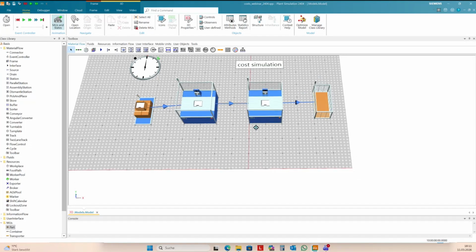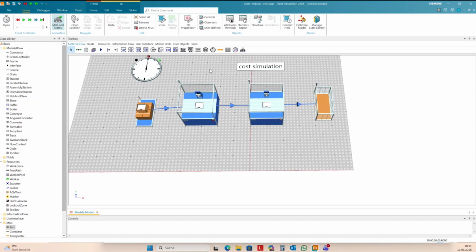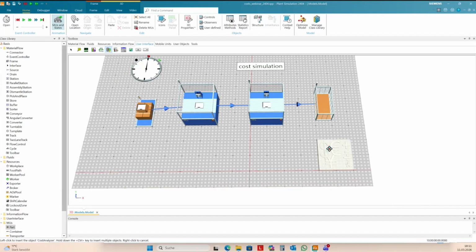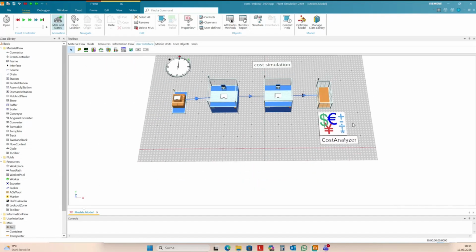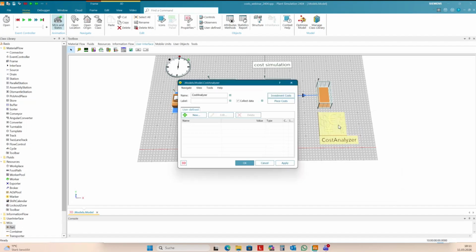Nothing special here in this simulation. And for analyzing the costs, you have an instrument. It's in the user interface. And if you have the professional or advanced license, you should be able to insert the CostAnalyzer here. And then we need to restart the simulation. And the CostAnalyzer only collects data. You can open this